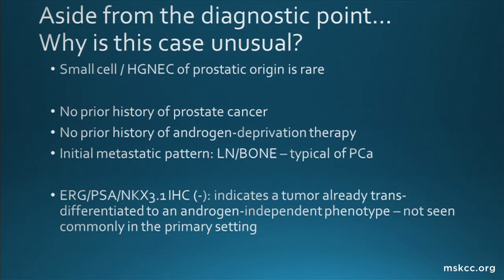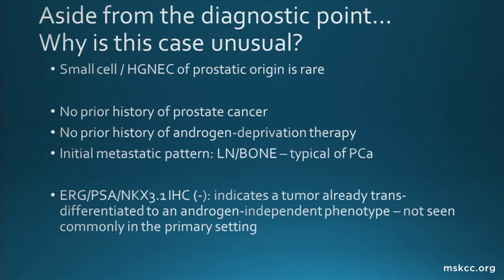Well, these tumors are rare in general, but beyond that, there was no prior history of prostate cancer and no evidence morphologically of prostate cancer. This patient doesn't have a prior history of androgen deprivation therapy. And I focused on the radiology a bit because the initial metastatic pattern was to lymph nodes and bone, and that's typical of usual high-grade prostate cancer, as opposed to small cell neuroendocrine cancer, which has a higher incidence of visceral metastasis. And probably most strikingly, this notion of the IHC being negative for ERG, PSA, and NKX3.1 indicates